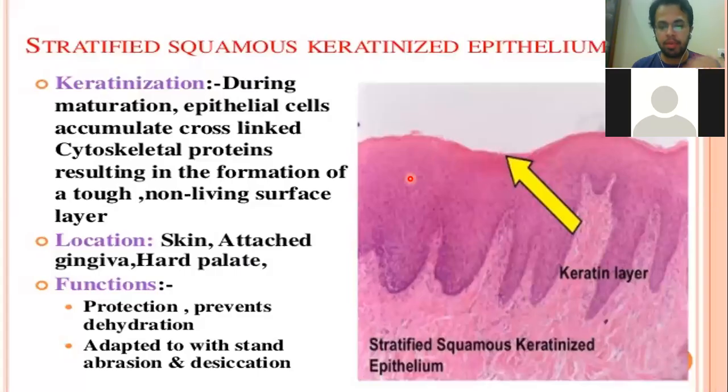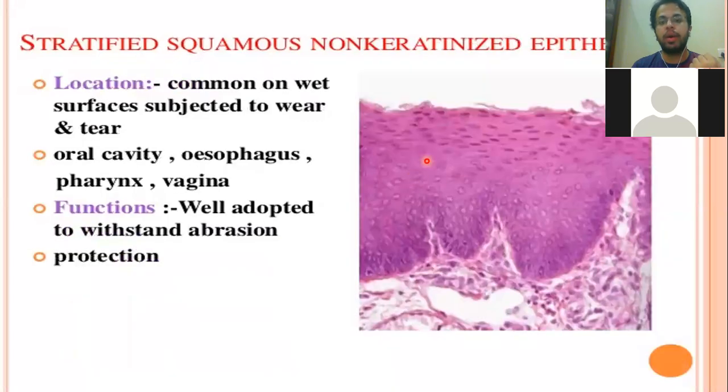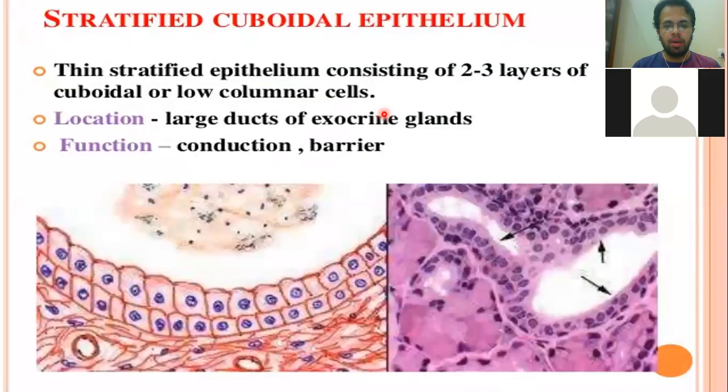Now, there is another type of the epithelium, stratified squamous epithelium, which is known as non-keratinized. Why are you calling it non-keratinized? Simply because that kind of epithelium doesn't have any dead cells and keratin. So you can say that this is the stratified squamous non-keratinized epithelium, right, class? So this is another type of the epithelium. Now, quickly, I will look at how the different epitheliums look under the microscope, right?